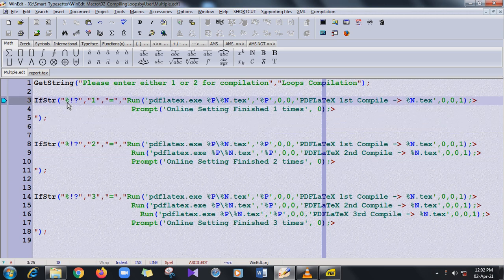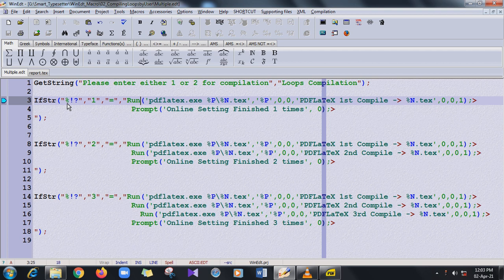So this is a simple way how we can compile the book. If in LaTeX there are many chapters, for example 50 chapters or 40 chapters, and you have to generate the TOC, for that you have to compile minimum 2 times. A single compilation takes some time based on the files you have, because if you have included very complex images, it takes time. So by this macro you are able to choose how many times to compile.